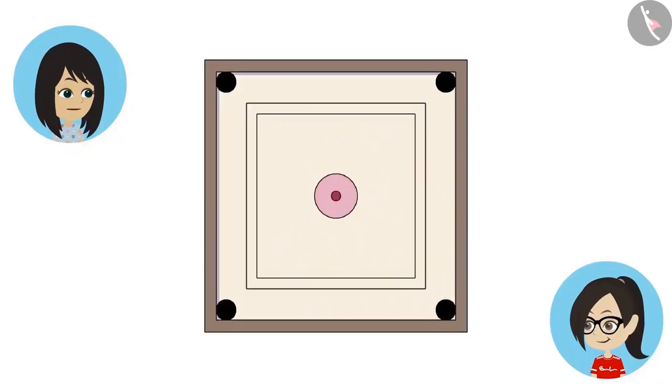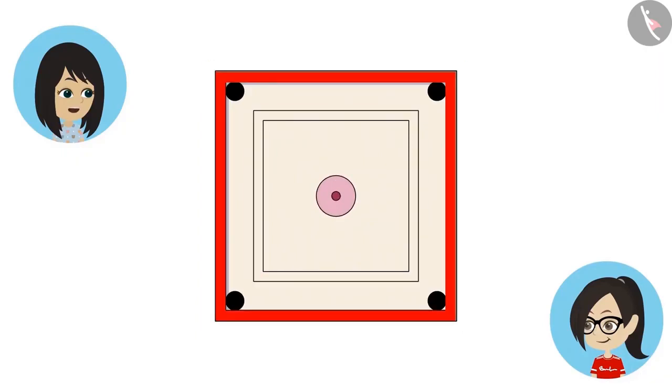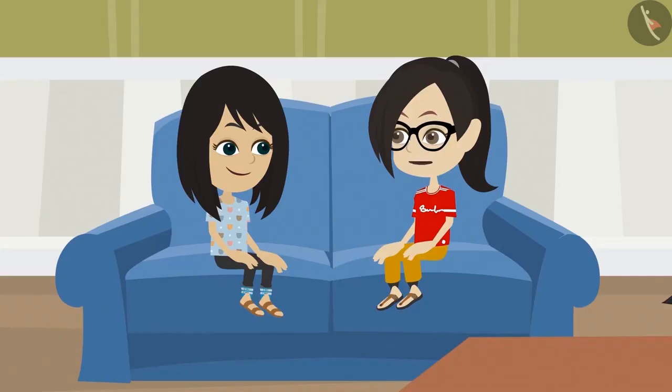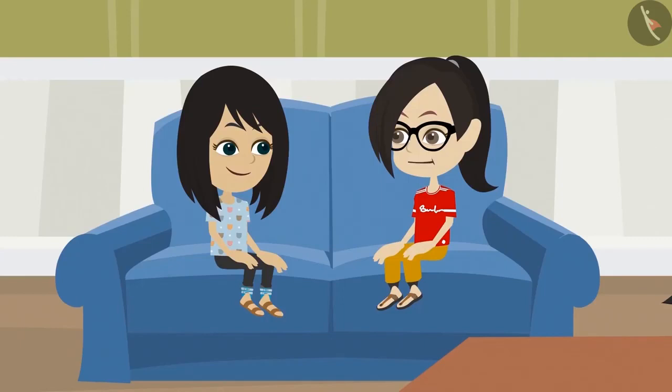Yes, look at the carom board. Carom board is in the shape of a square, but it has 4 circle-shaped holes. And the center also has a circular design. There is also a distinct difference in the circles used in the carom board. These 4 holes are very useful and a carom board cannot be made without them. But this circular design in the middle is just to enhance its beauty. If it is not there or is in some other shape, we can still play on the carom board.